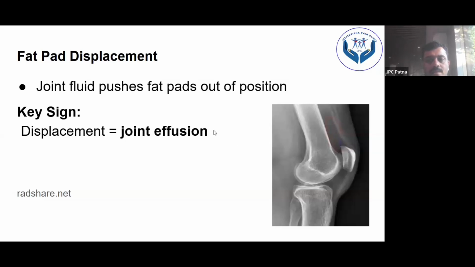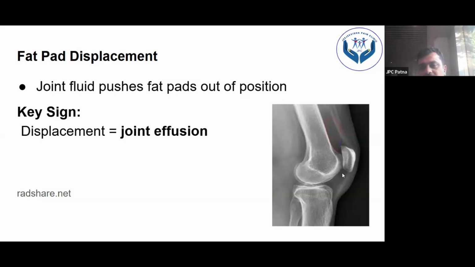Fat pad displacement, is it? Whenever there is joint effusion, it pushes the fat pad out of position. What is the normal fat pad position? This is the fat pad position, and it will be a bit shifted. This is the area where, if there is effusion, it will be seen. If in this area